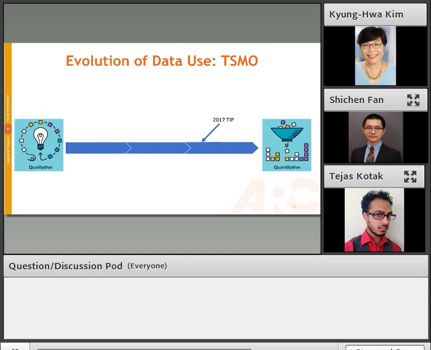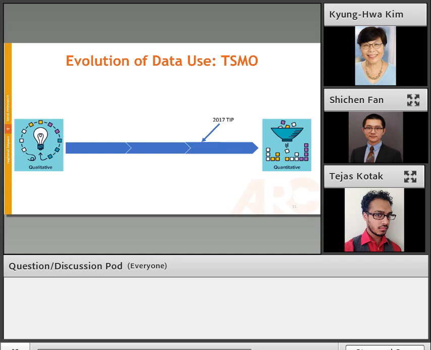So first I want to talk about the history and growth of our evaluation process and how we got to where we are right now. For decades, we did have a process to rank and score our projects and figure out how to compare them against each other. But for TSMO projects in particular, it was fairly qualitative.